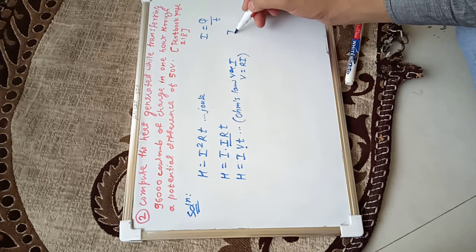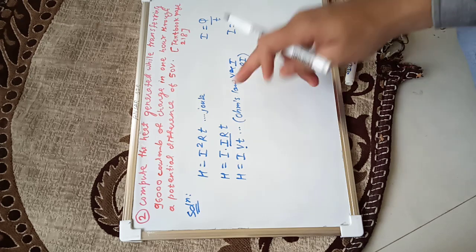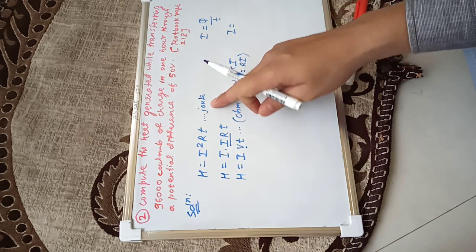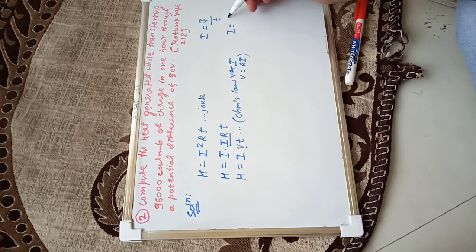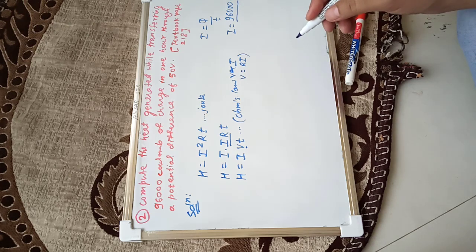So electric current, but remember everything must be in SI units because we are bringing the answer in SI units. So charge is given to be 9612300 coulomb. And what is the SI unit of time? Remember, we have to use time in hours only in one type of numerical questions, and that type is when we have to calculate the electricity bill, when we have to find the number of units of electricity consumed. Otherwise, everywhere in the entire syllabus, always remember the SI unit of time is second.